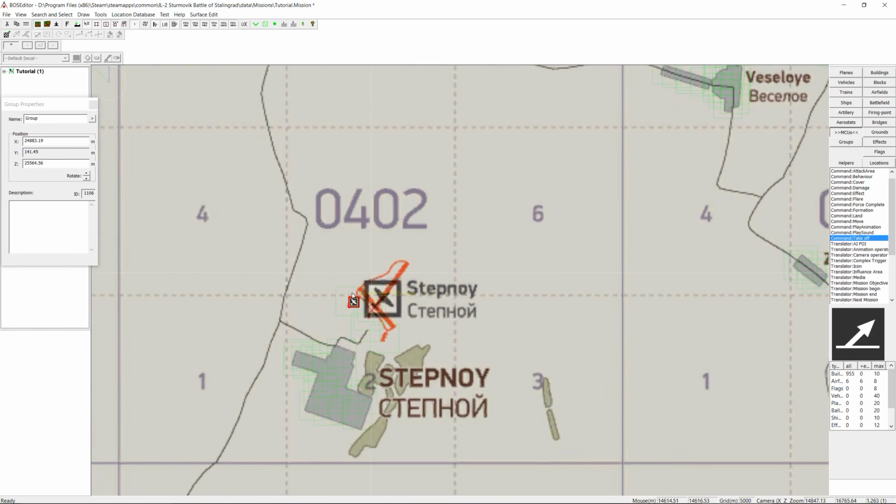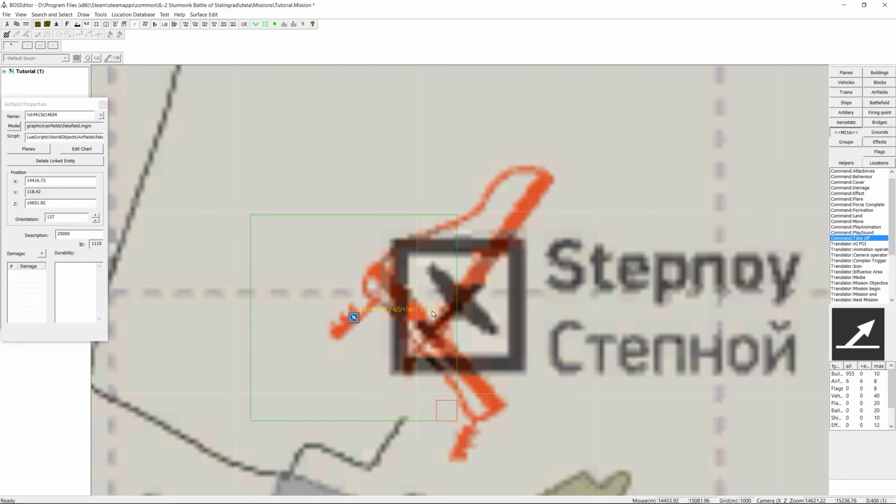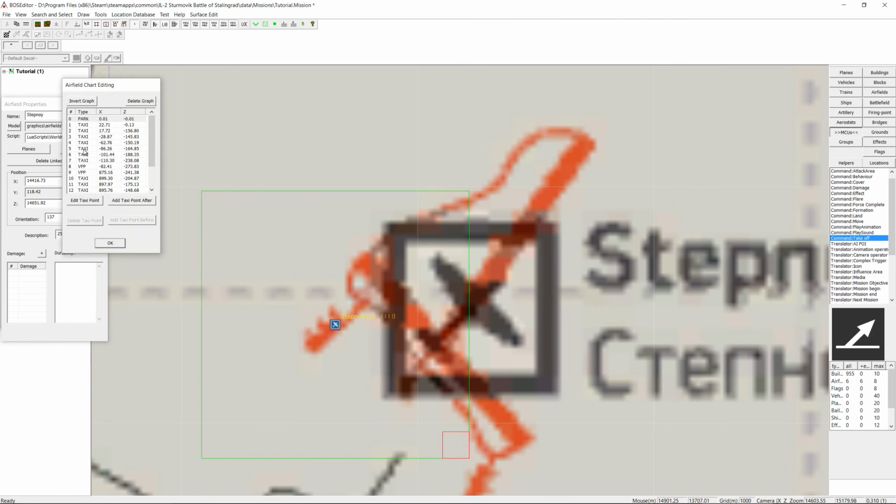Now what we need to do here, zoom in on Stepnoy. Now as you can see, the name is a little bit of gibberish, so we'll change that for ease of use to Stepnoy. Now the importance of these what are called fake fields is that it defines the charts. As you can see, 0 is park, 17 is park, and in between those you have taxi and VPs. You can change these by,